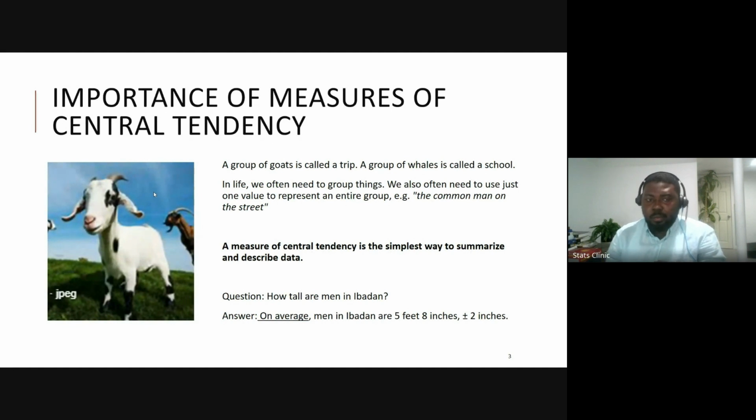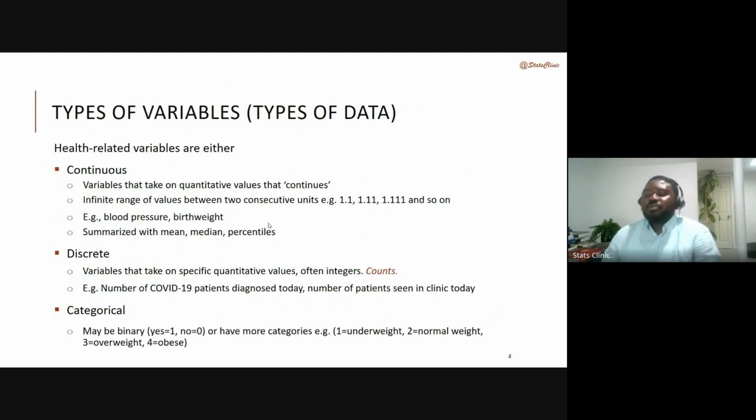On average, what's the age of the participants? We use averages to summarize information in a way that is easy for people to understand, and we all use averages in our private lives. We use averages for continuous variables, right?